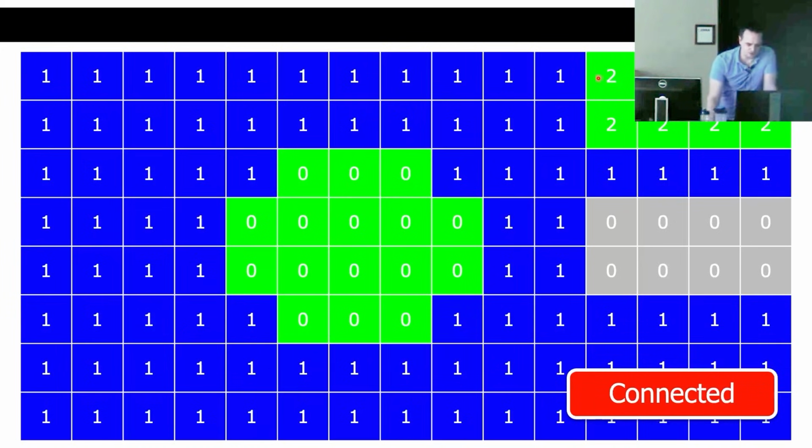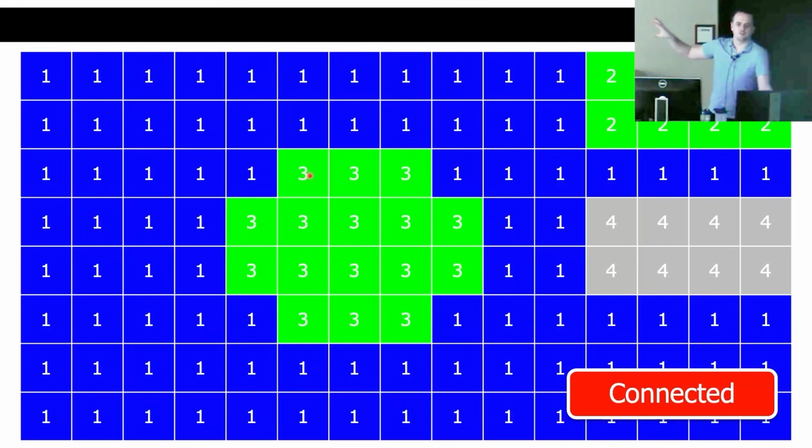So now I would keep going. So all these have 2s. Okay, these are non-zero, these are non-zero, these are non-zero. Okay, I have another 0. Start a BFS from here. Here's my BFS with a 3. So I increase the number, I BFS outward, and then I keep doing this, and I eventually get this grid